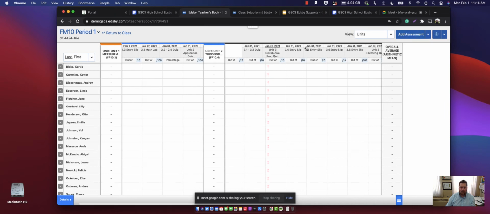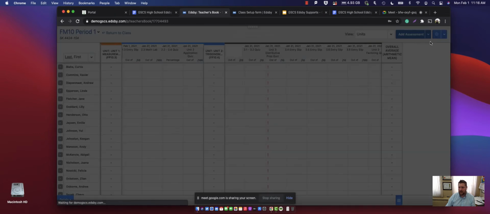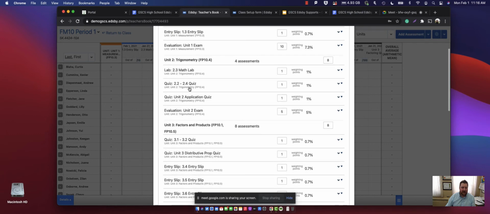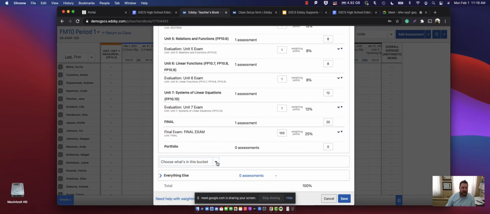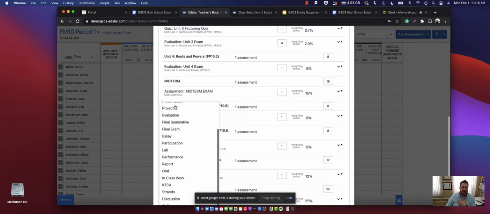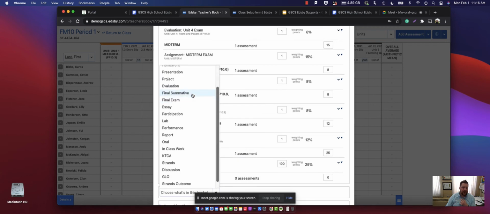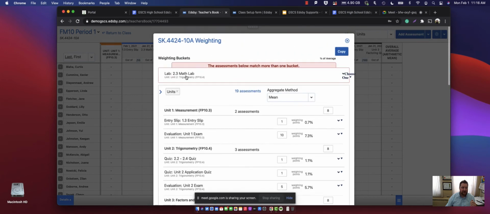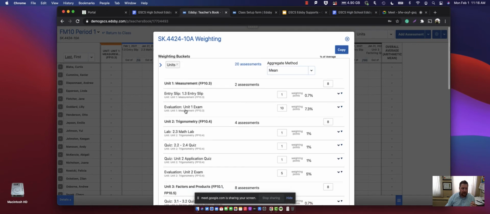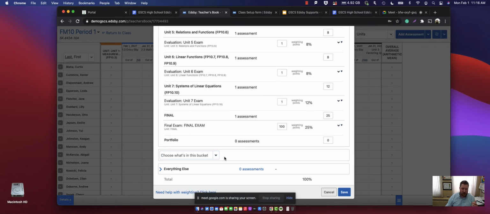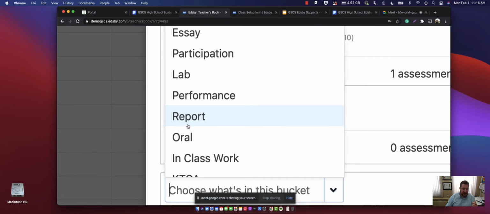Perfect. So now when I go in, I could check out that weighting again. I have weighting buckets of my units. Everything's in there. It looks perfect. I'm happy with that. If I wanted to choose another bucket, let's say, outside of my units, let's say I specifically wanted to give a mark for a lab. I could add a unit of lab, or sorry, I have a lab in there. I'm going to choose one I haven't selected already. I'm going to go to choose a new bucket. Let's say,